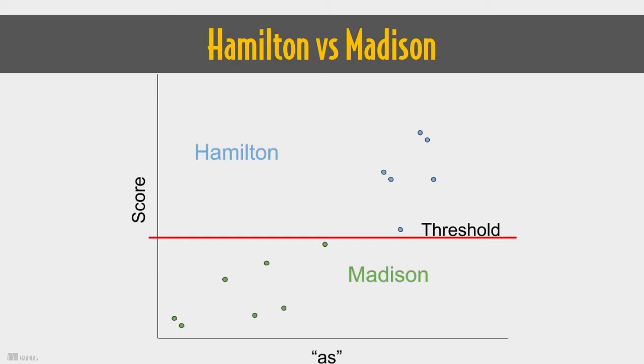Here's a simple graphic to help illustrate this. If we were only looking at the relative word frequency of the word "as" versus some computed score that we created with it, you could draw a line on the score, above which it'd be in the blue zone here for Hamilton, and below which it would be in the green zone here for Madison. And this would also correspond to some threshold of the word "as" if that was the only variable. But this isn't totally responsible. What does it mean if the model predicts a value greater than 1 or less than 0? And how can we add more possible authors?